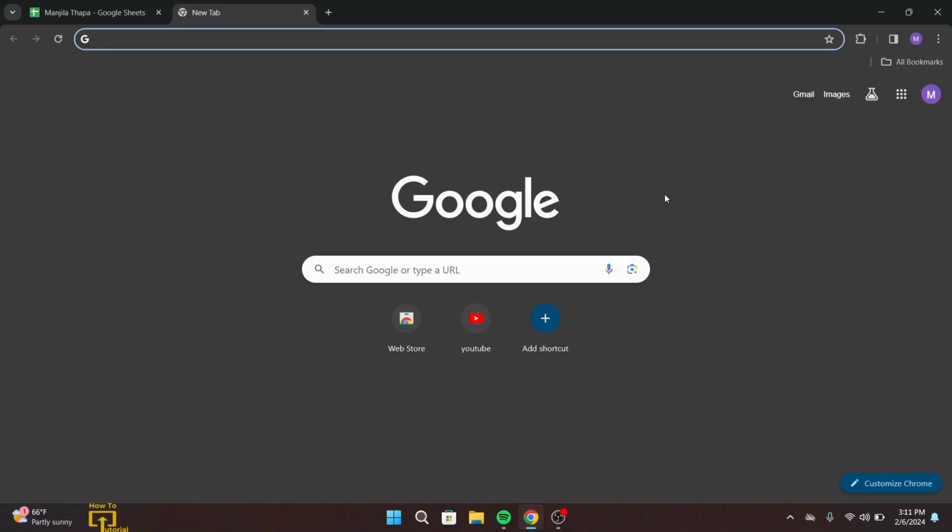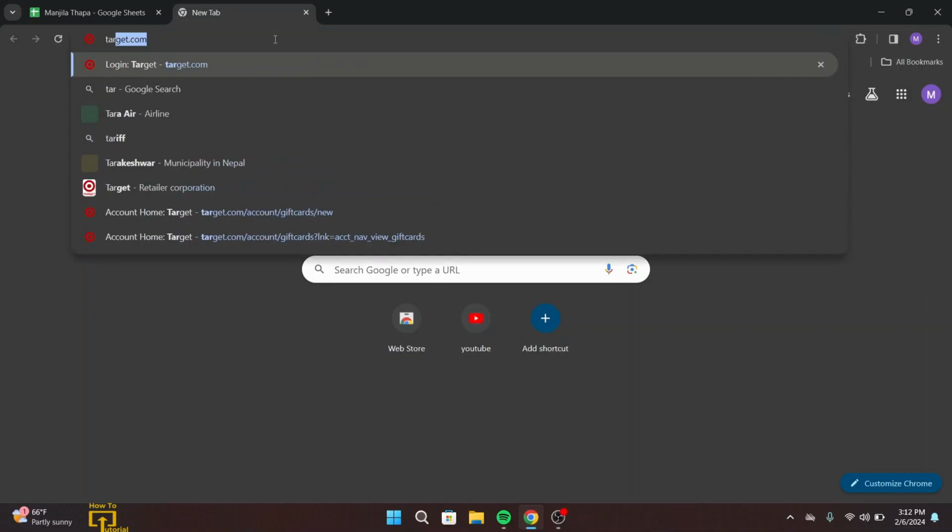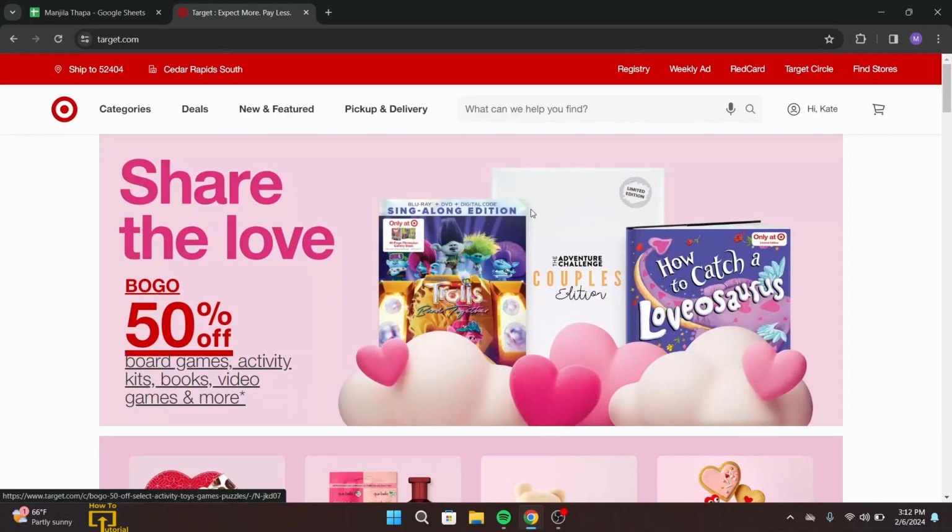First of all, on your desktop, open up any web browser that you're comfortable with. Here I'm going with Google Chrome, and on the search URL type in target.com. Once you press enter on your keyboard, you will land on the official page of Target, and if necessary, log